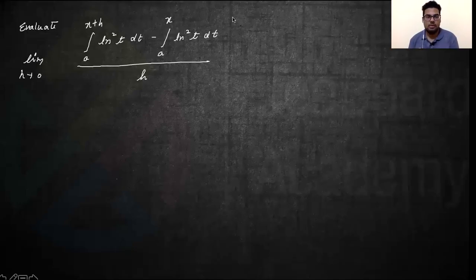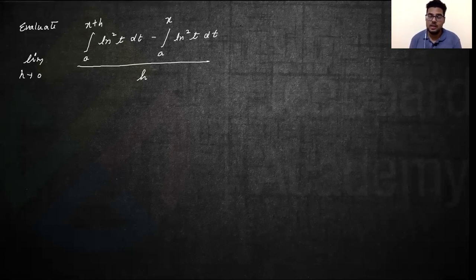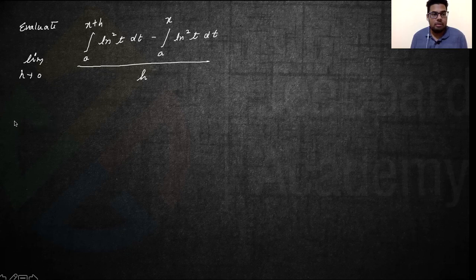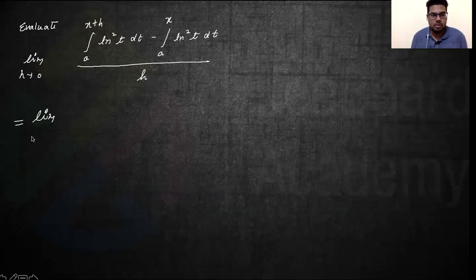We have sine square x, right? But this is sin x into sin x. This is ln square t, which is ln t into ln t. See, the problem you will face will be resolved by the Leibniz rule. In fact, if you observe this, h tends to 0. So when h tends to 0, the numerator itself becomes 0, right? And the denominator becomes 0. So we can apply the L'Hopital rule, right? Once you apply the L'Hopital rule, and this is the integration, you'll have to use the Leibniz rule. So this is the role of the Leibniz rule in this.